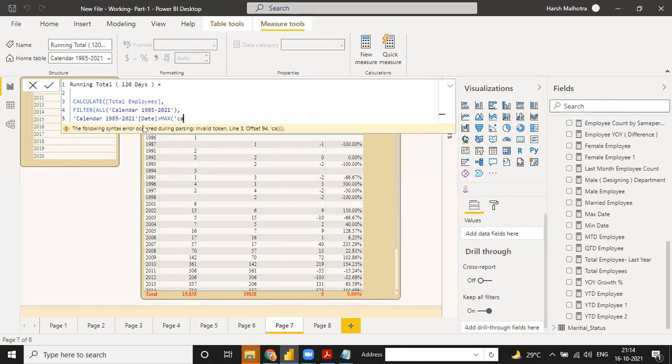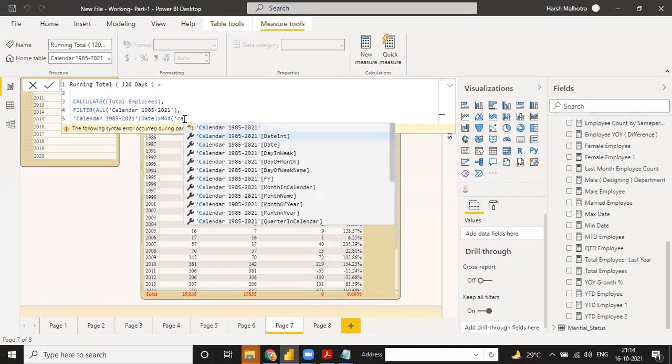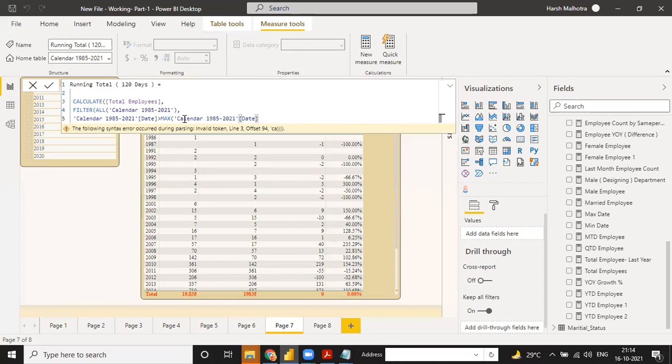See, calendar, this is your column name, greater than maximum. And for this maximum, you can use your date column, the calendar date column, and you have to minus 120 days, because you need a 120 days running total. If you need 90, then you can put 90 here. If you need 80, 70, 60, you can put that.